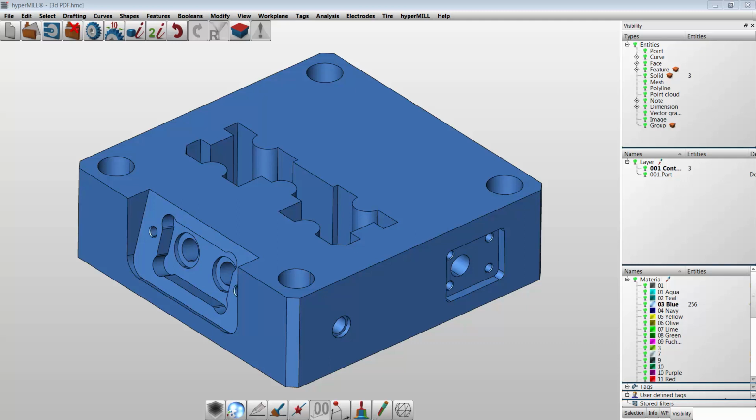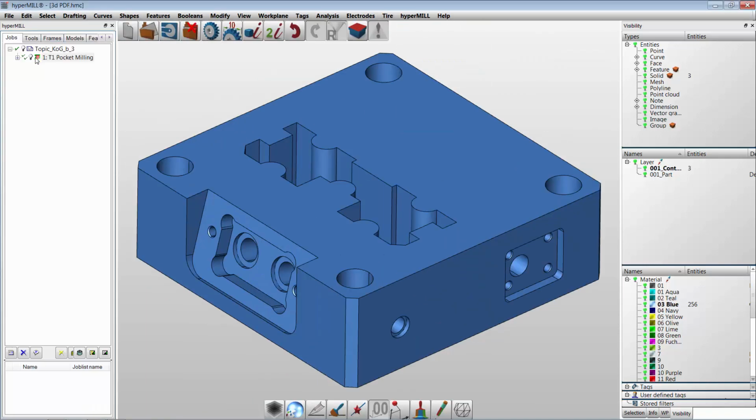Welcome to HyperCAD S. This video will demonstrate the new 3D PDF export capabilities of HyperCAD S in version 2017.1. Actually this part also has some toolpath in it. So I will turn on the toolpath and show you that even the toolpath can be exported into this 3D PDF file. To export, simply go to File,